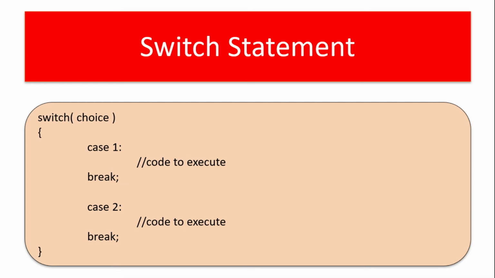But now comes the switch statement. In the syntax of the switch statement, we give some value inside the switch. The case that matches that value will be executed. We can have any number of cases here: 1, 10, 20, 100, any number of cases can be added inside a switch case. But as an output, the case that exactly matches this choice will be executed. Only that case alone will be executed, and the rest of the cases will be ignored. So the switch statement is called a multiple branching statement. We have multiple cases but only one case will be executed. I will show you with an example.